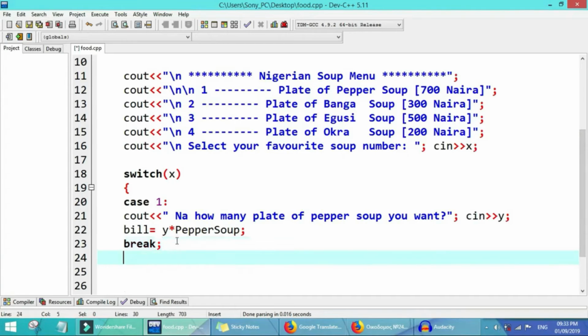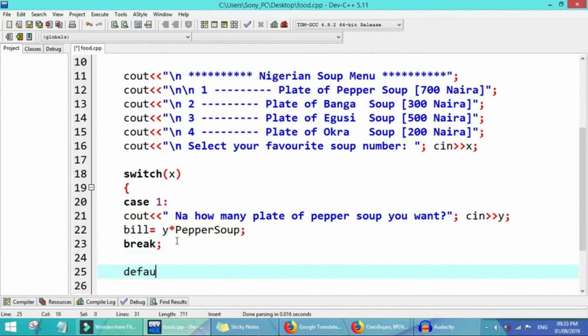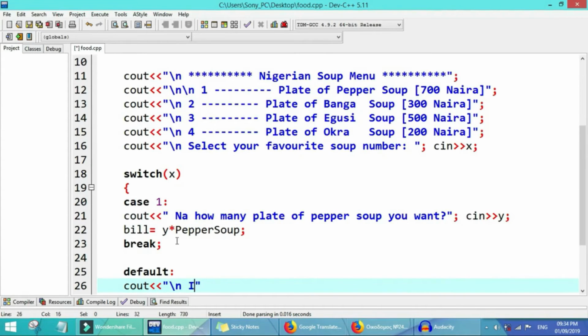Okay, before we copy and paste the other cases, I want to introduce our default. In case the user does not select one of the available options, it will show a warning. So we say, please select one of the options between 1 to 4.